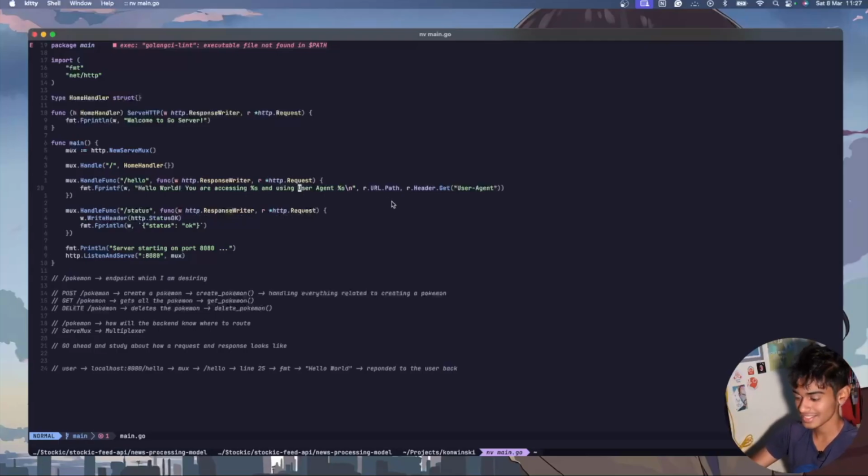And yeah, this was the last thing that I want to say. Wrapping up, this was how custom HTTP handling works, and this is how multiplexers in the Go library work. We studied the response writer and the request part, and this is how you implement multiple endpoints. So yeah,